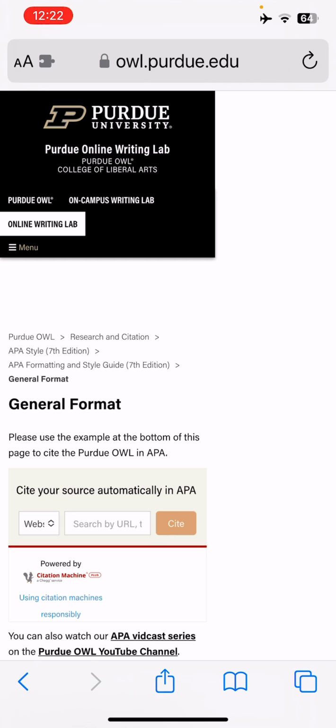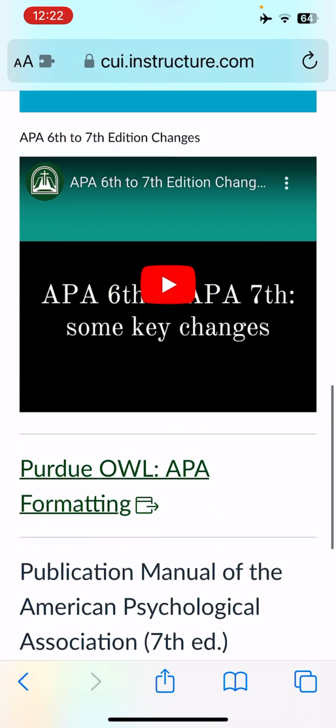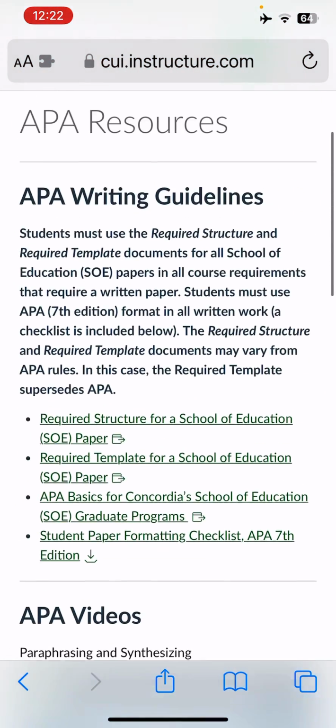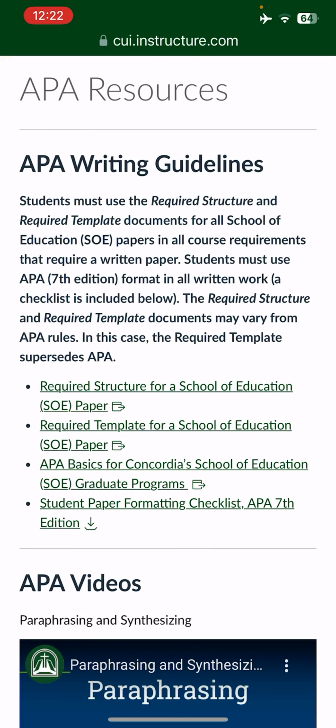They are almost always going to have some things that are wrong, that are not APA compliant. So as we go through and I get back home, I'll be able to show you a couple of those things. But anyway, that is another APA guide for you, the Online Writing Lab from Purdue.